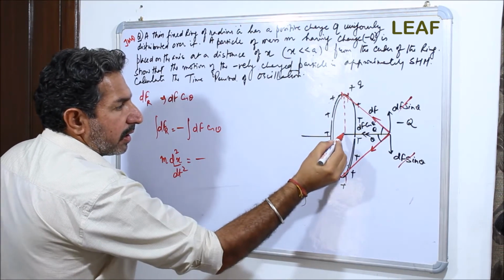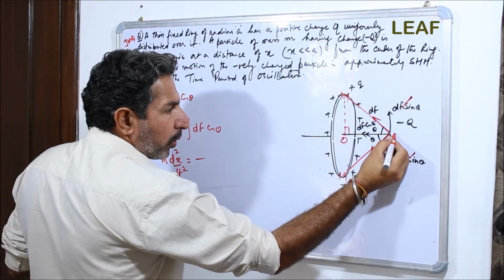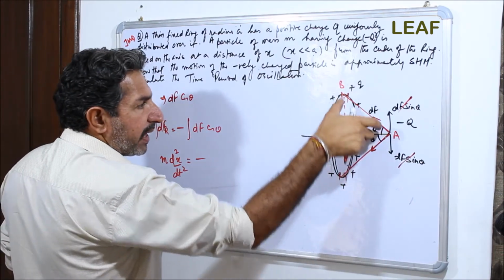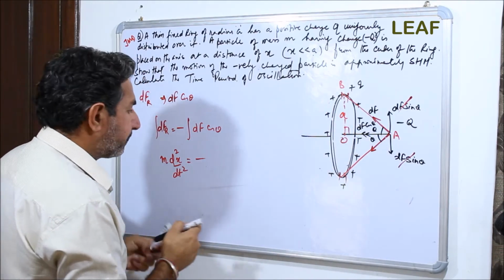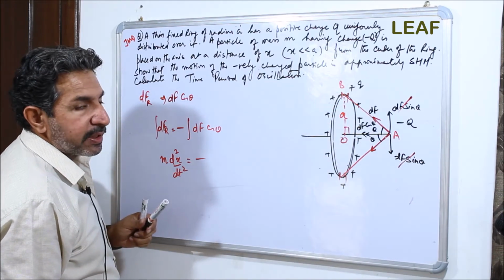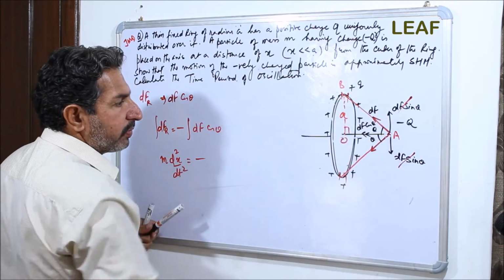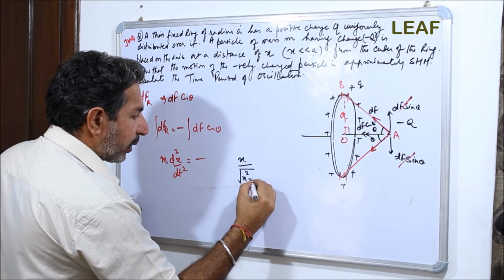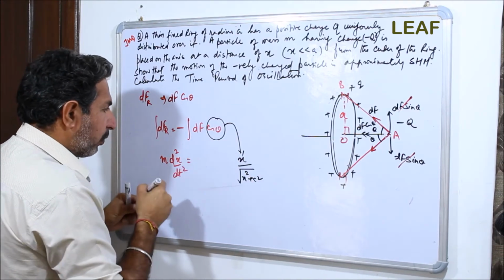And now what is cos theta? Let's consider this right angle triangle with this as the center. Say this point is A and say this point is B. So OAB is the right angle triangle. This is the base and this is the hypotenuse, and this radius is a. So the base is x and the hypotenuse is the square root of x square plus a square. It's prominently clear. So cos theta is x by under root of x square plus a square. And now what is dF?